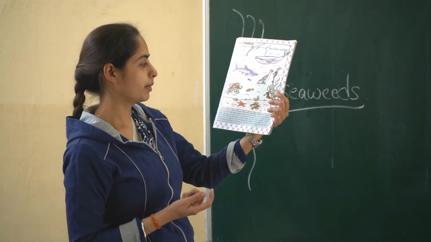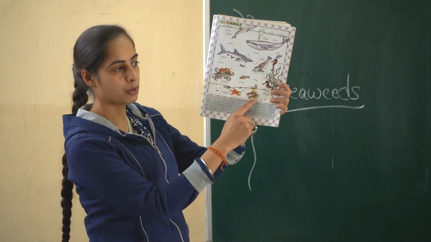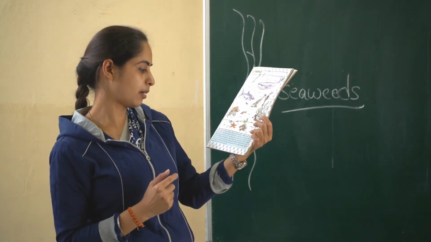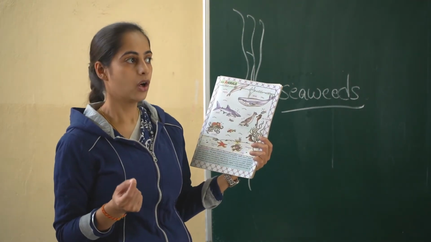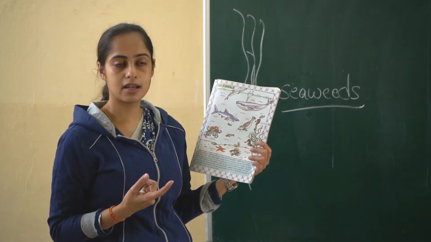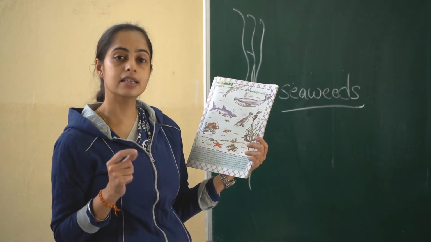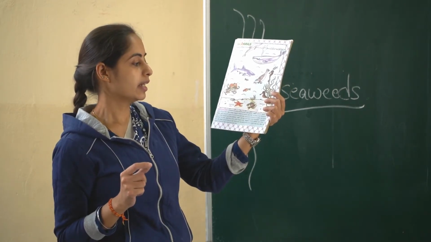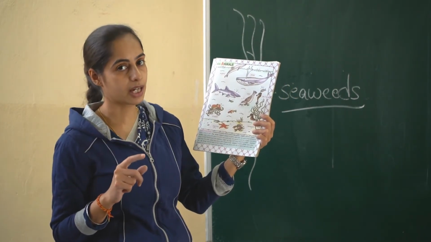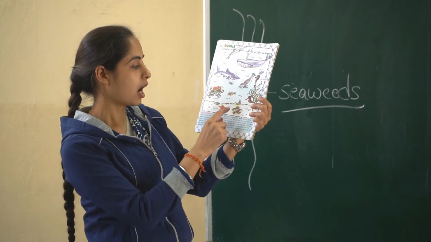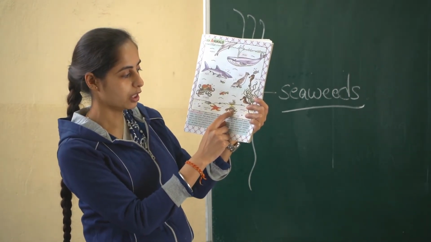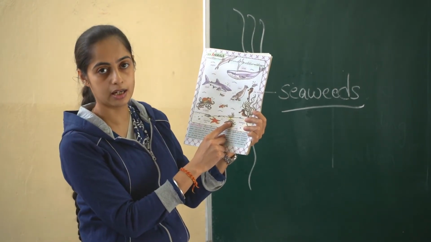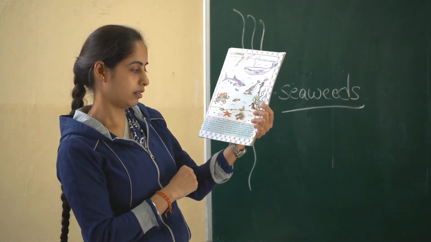Then we have crab. You can see the crab over here. Now, what special thing does the crab have? The crab has 10 legs. Like the octopus has 8 arms, but the crab has legs, and how many? 10 legs. It has a soft body, but at the same time it has a hard shell. You can see this portion, this is very hard. The body is soft, but the shell is very hard, and it has 10 legs.